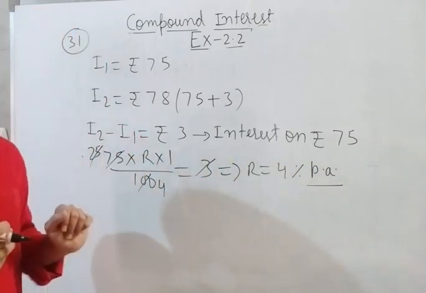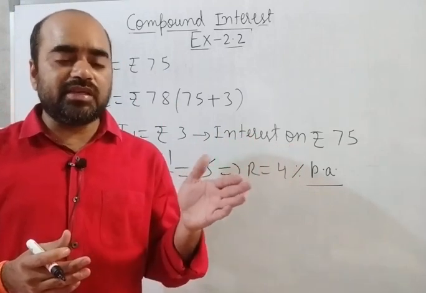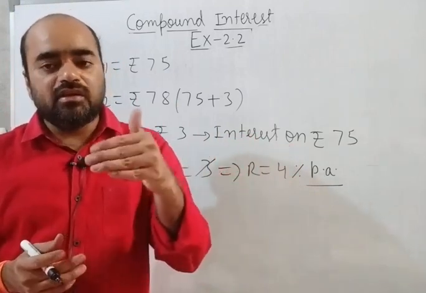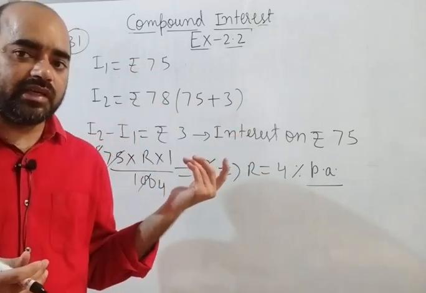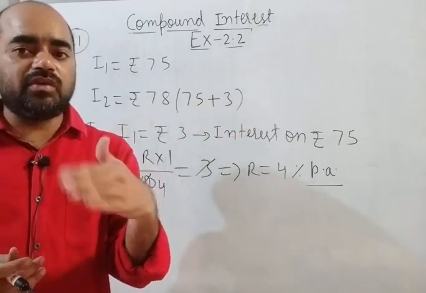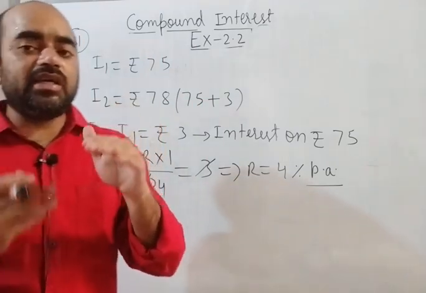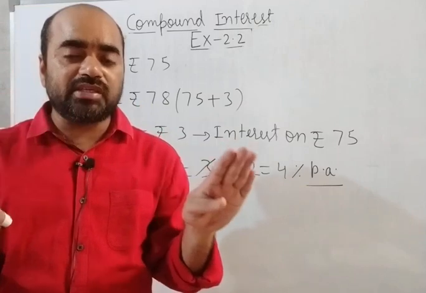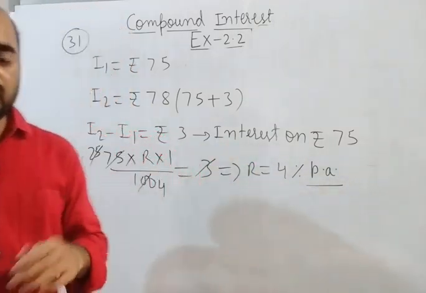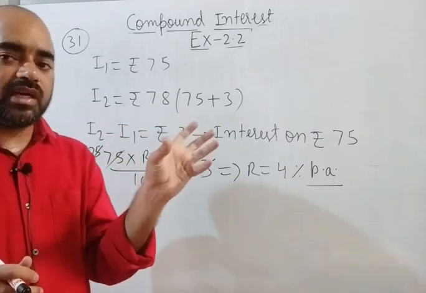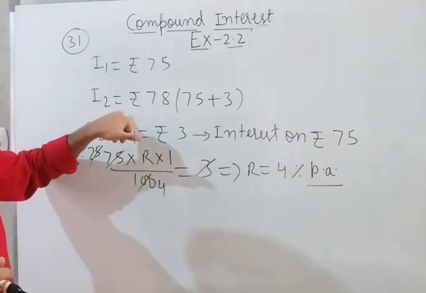Here what is the problem? Here simple interest for 3 years is given. So simple interest is always fixed for each year, for first year, for second year, for third year. So we have calculated 75, and for first year both will be same. For second year we have calculated. Why? Compound interest for 2 years is given in the question. It means I1 plus I2 both values are given, sum 153. So we have done interest for second year.